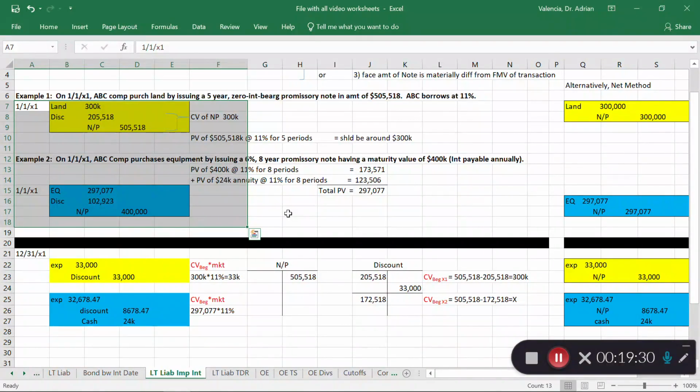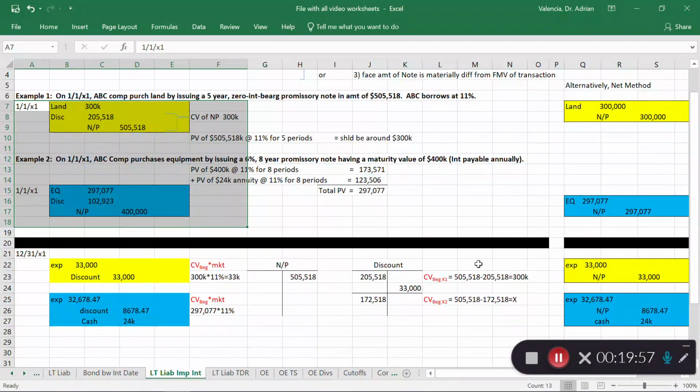Now, for me, and it's preference, I prefer to have this discount in there, simply because then I can track it more easily, as opposed to not seeing what the discount amount is. But truly, it doesn't make a difference, because when you compute interest expense, the computation is still the same. Carrying value at the beginning of the period, so that's 300,000 times